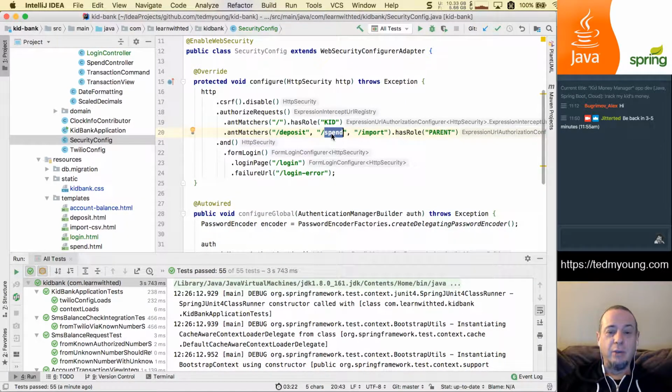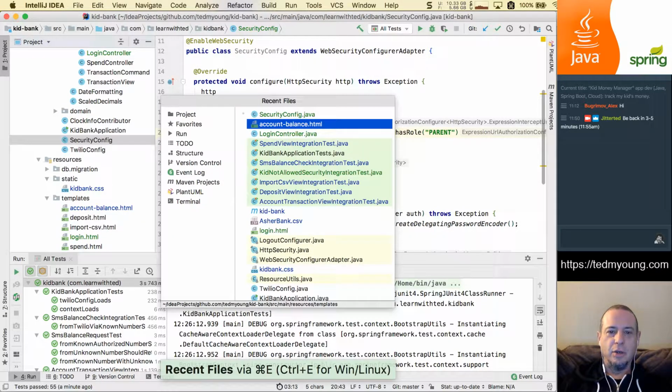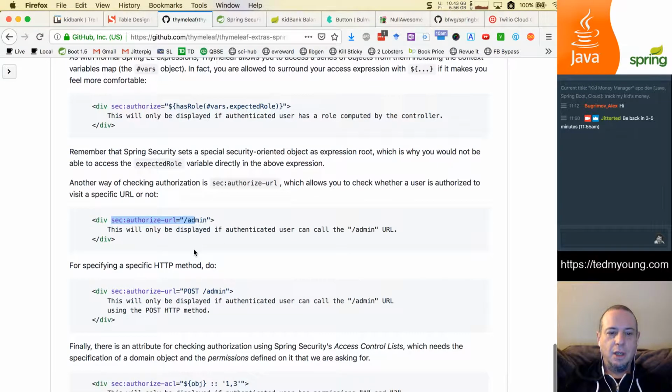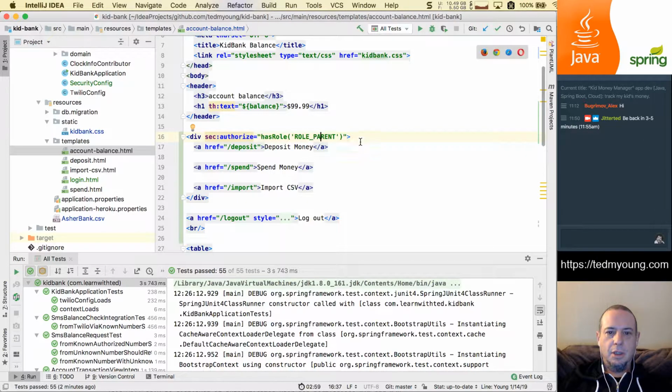Right? So if we wanted to allow him to spend, now we'd have to change this in two places. So I actually don't want to do that. I want to go here, and we actually want to use this authorized URL. So let's do that. So let's take out this div and just